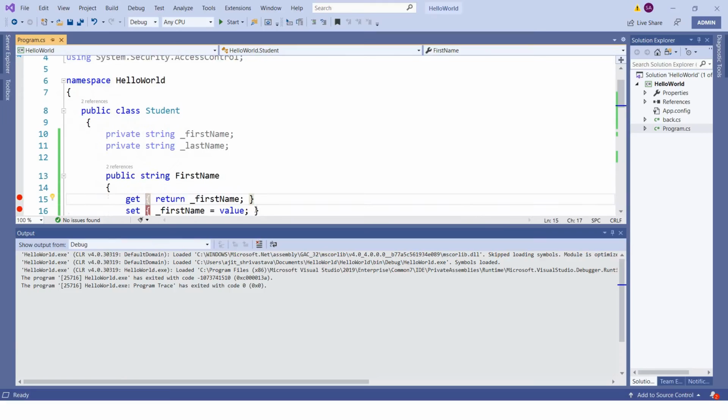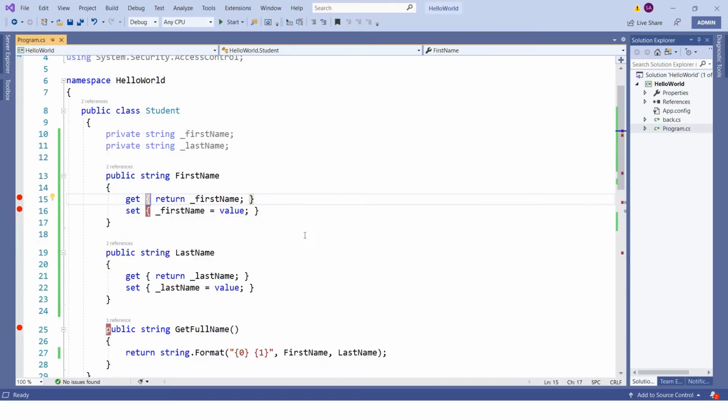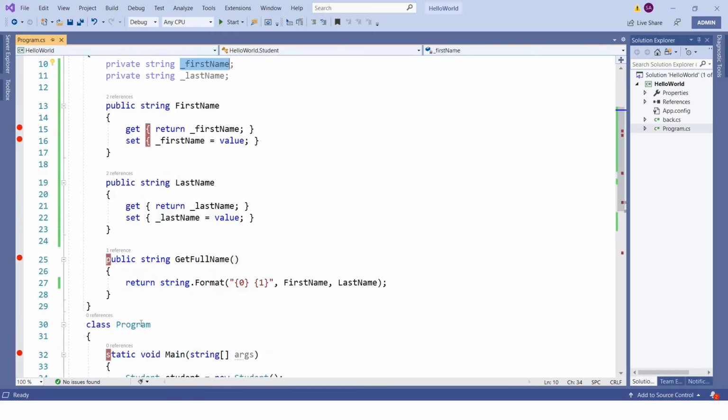So this is the simple property, with the access modifier. Basically, here what we are trying to achieve is encapsulation, where we don't want to expose our sensitive data, and we just wanted to have this, right?